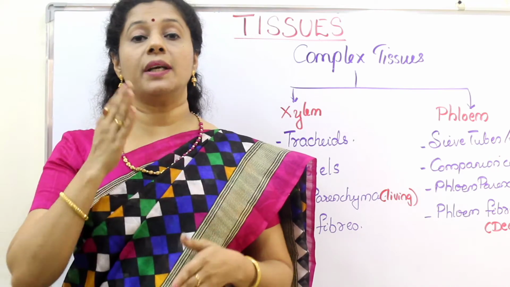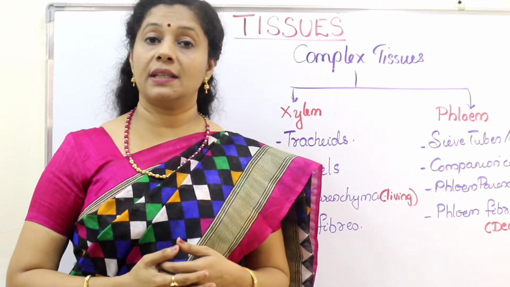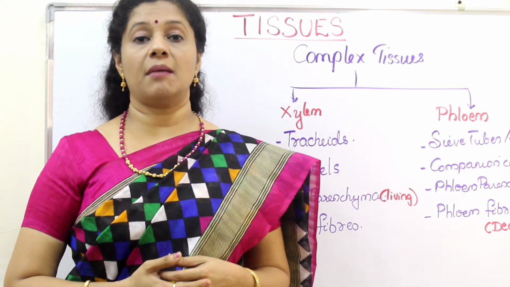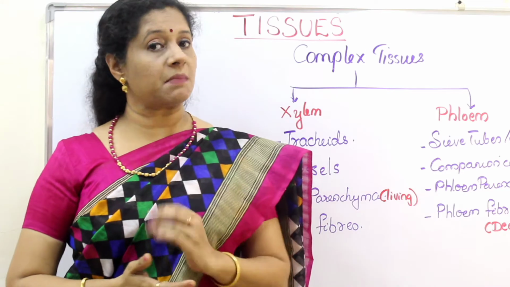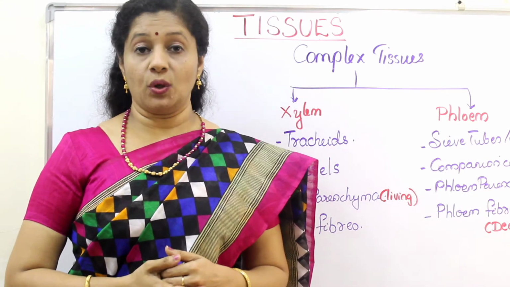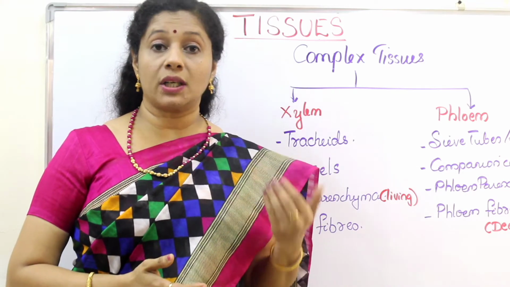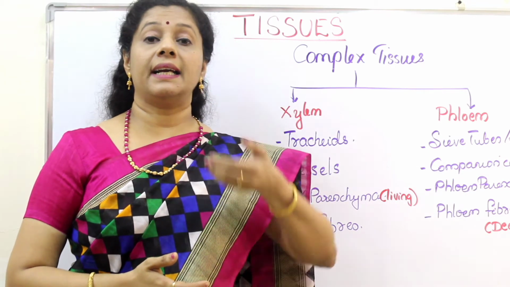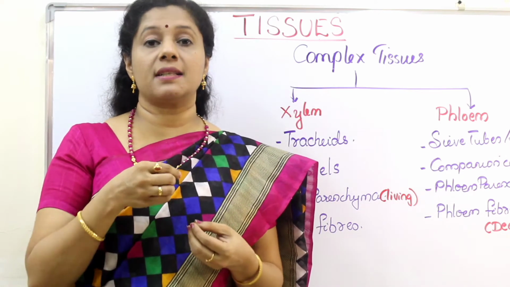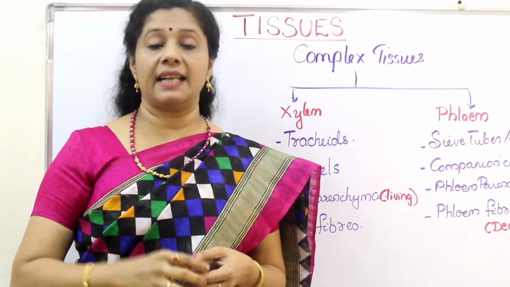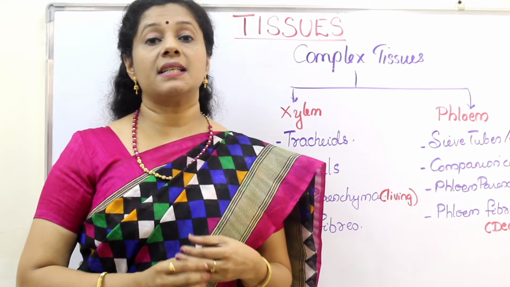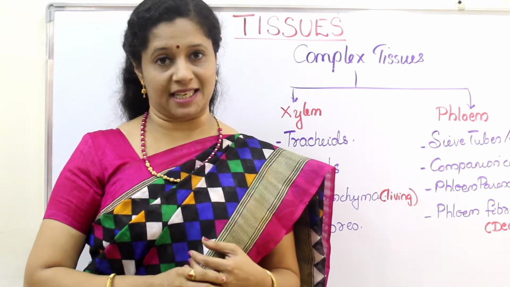Both do the function of conduction, so together they are called vascular bundles. The presence of vascular bundles is only in complex plants which are adapted to the terrestrial environment. Terrestrial plants have to depend on water in the soil, so they take water through the roots and take it to the leaves. So they need a pipe or tubular system to take it to the leaves and then transport the food to different parts of the plant. So vascular bundles are important for terrestrial habitat.